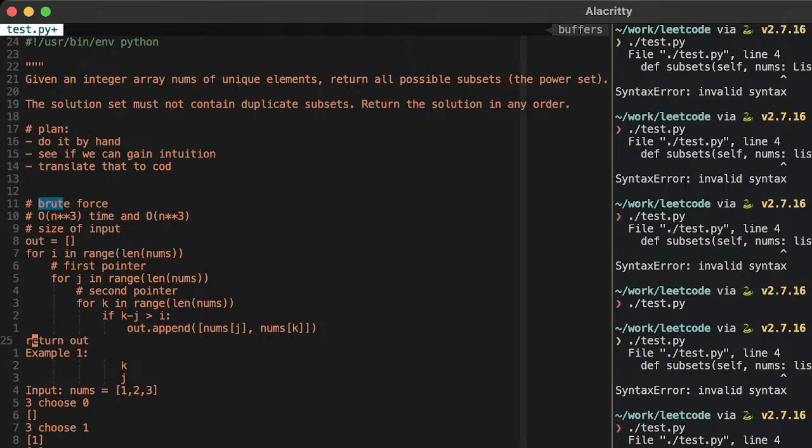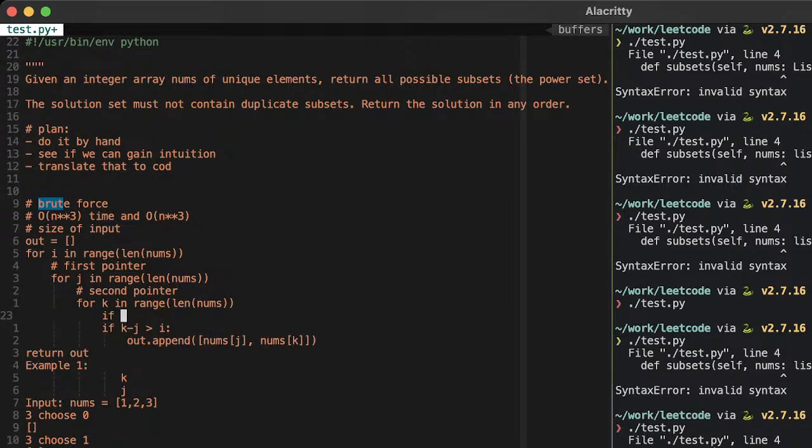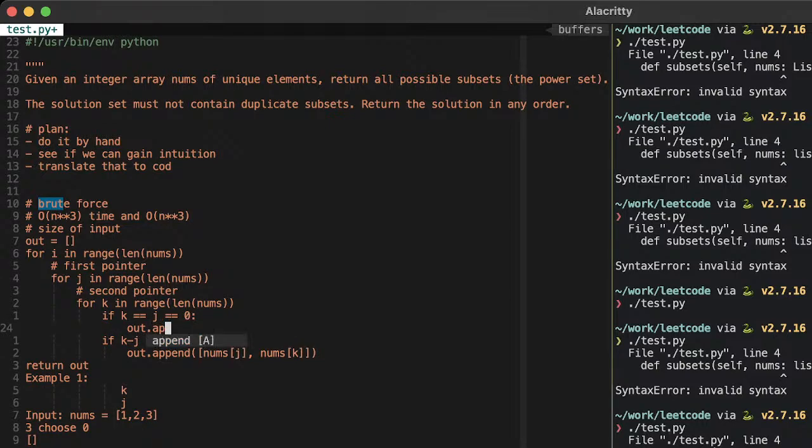If I is 0, something like if k equals j, which equals 0, we're going to append an empty list. So that'll only do it at the first value. That's cool. Okay, so all right, so let's think about this.